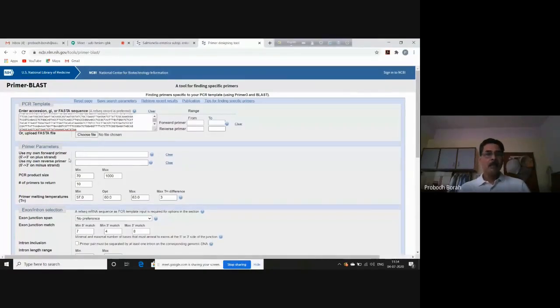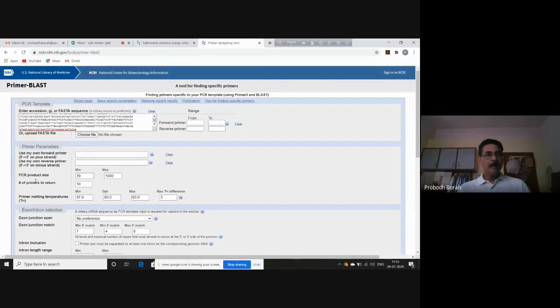In that case, you are to provide the sequence of the forward primer already designed. So this sequence you have to upload here. Similarly, if you want to design only the forward primer, then you are to upload here the sequence of the reverse primer. So in that case, the system will design only one primer, either forward or reverse. But here now, this is our new approach. We are trying to design both the primers together, a pair of primers. So we'll keep both these spaces blank.